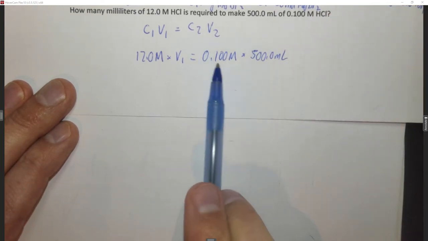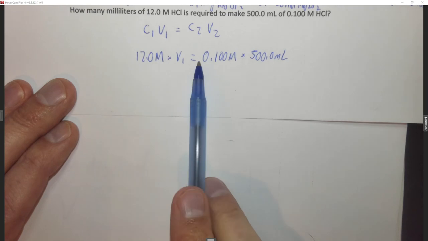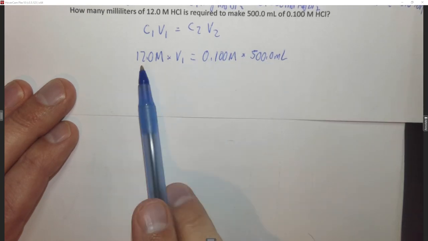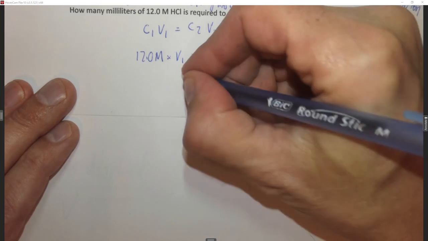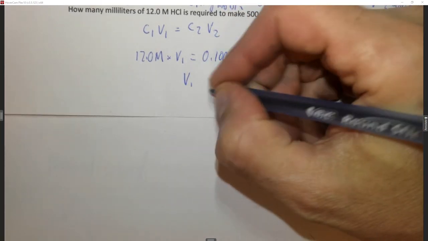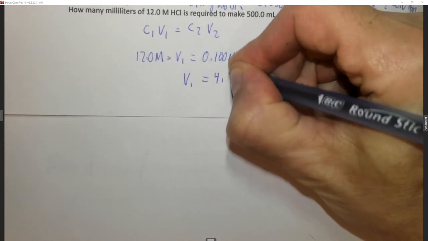So when you do these, you're always going to have two numbers next to each other and a number next to a variable. Multiply the two numbers next to each other and divide by the one next to the variable. And when you do this math, you find that V1 is 4.17